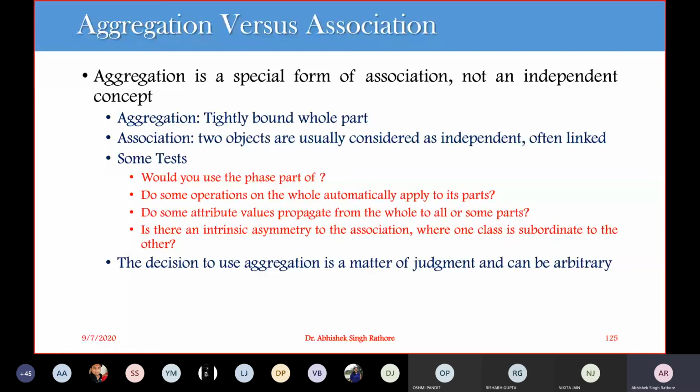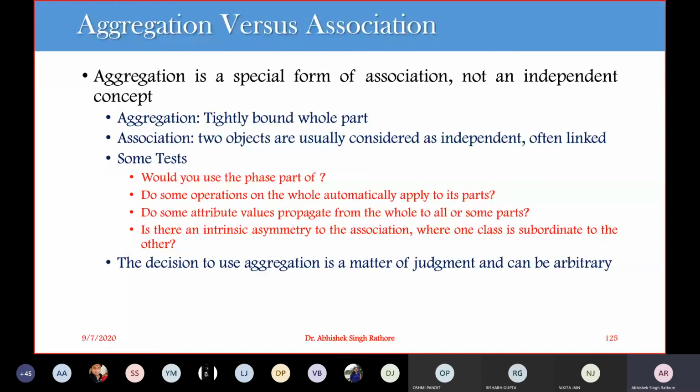Now when we go for association, two objects, let's say SVIT and S triple B, are usually considered independent. Two different objects might be linked, but they are supposed to be independent, like a faculty and a student. Instead of having faculty, you can have students.